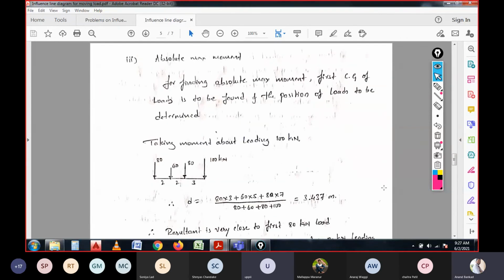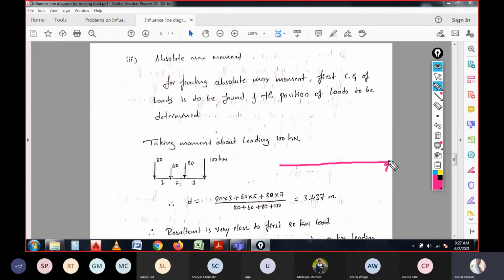Now, another thing is the absolute maximum moment. Next we need to calculate the maximum moment. Here it is quite lengthier to calculate, because the series of loads have different intensities. So in this we need the CG of the loads, the same thing we considered in the previous problem. So for finding the absolute maximum moment, before that we should know, whenever there is a beam,